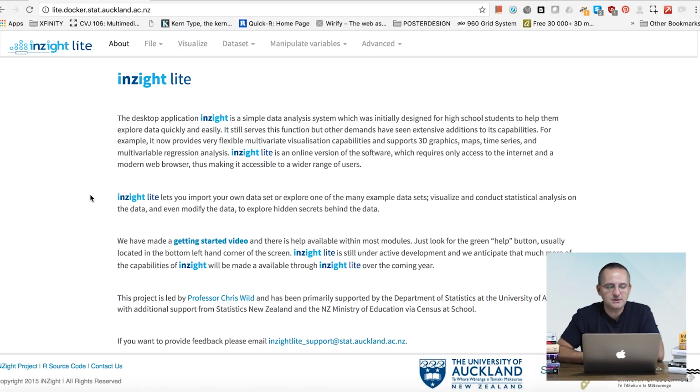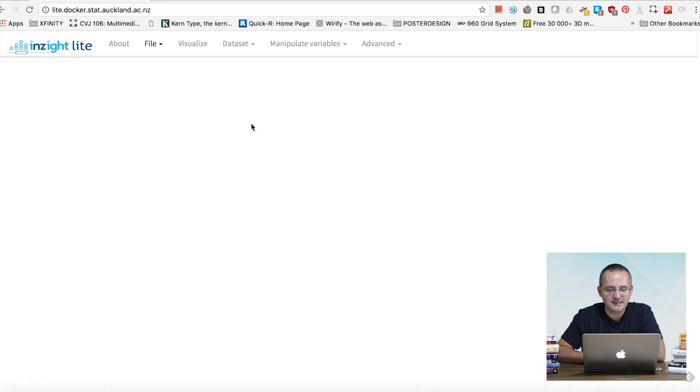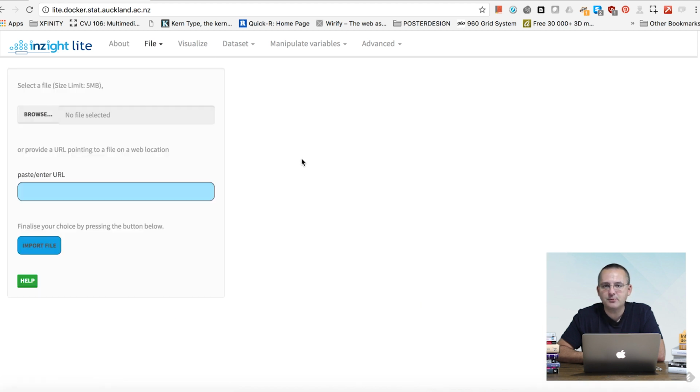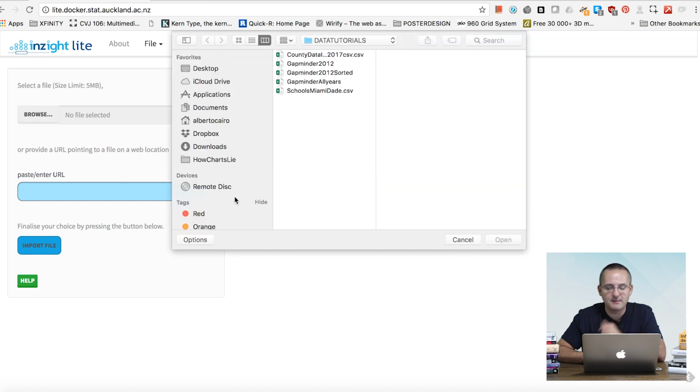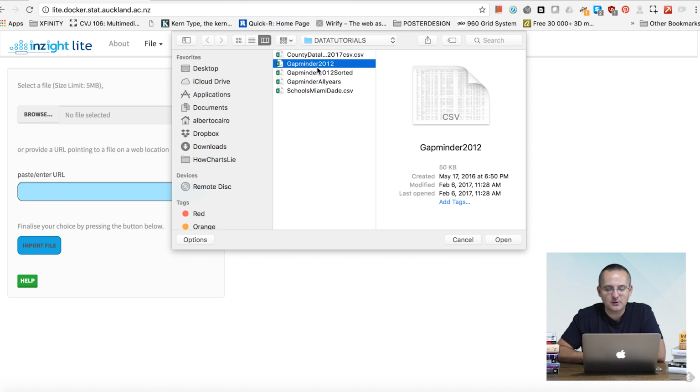So I'm going to upload a different data set. I'm going to go to the File menu, Import Data Set, and I'm going to import a data set from Gapminder, which is one of the sources that I mentioned on week number 1. I'm going to import the data set called Gapminder 2012, which is data set from country by country about different kinds of features of those countries, such as obesity rates, child mortality, and so on and so forth.